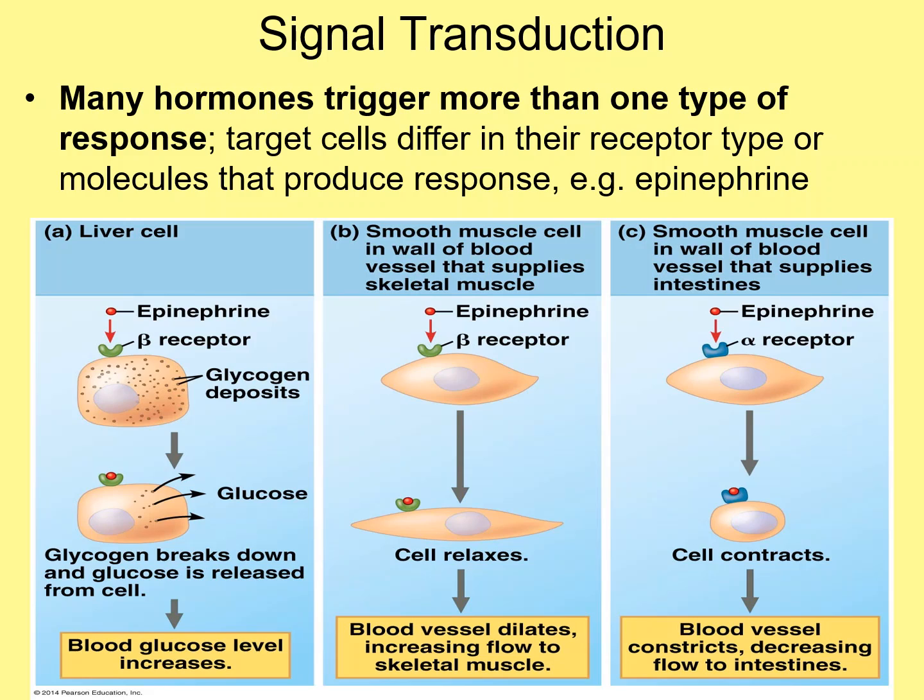And that basically closes off the blood vessel, right? Effectively, the diameter gets a lot smaller, which means blood supply is restricted to the capillary beds for our intestines, which makes sense, right? You only have so much blood. You don't need to be worrying about digesting food right now if you're running for your life or fighting for your life. So you want to increase your blood supply in some places and decrease it in others